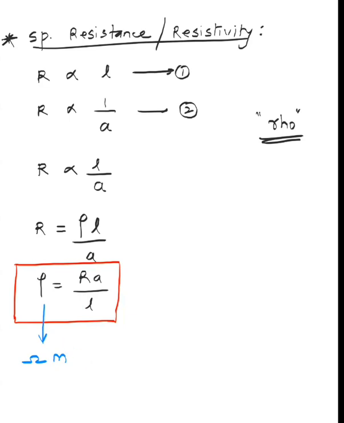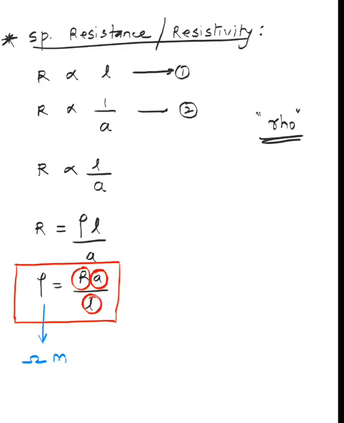So again, very important question. They can ask you, not in MCQ form now, you won't have MCQ in the term 2, but they do ask what is the SI unit of resistivity. So it is ohm meter. They may also ask you to define resistivity. So how do you define resistivity, guys? Resistivity is the resistance offered by a wire of unit area of cross section and unit length.